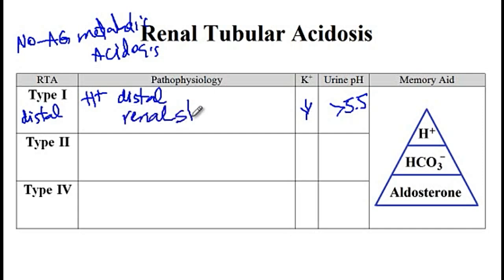renal stones. The next condition is type 2, also known as proximal renal tubular acidosis, which is due to the defect in the reabsorption of the bicarbonate in the proximal tubules. And so initially there would be an elevated level of bicarbonate secretion in the urine, but then later on, since